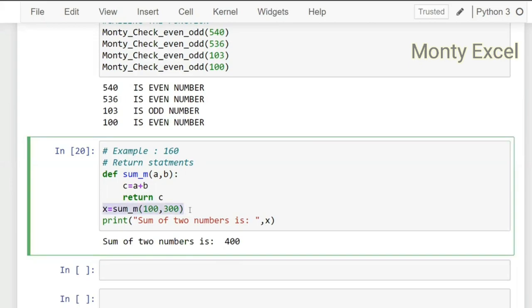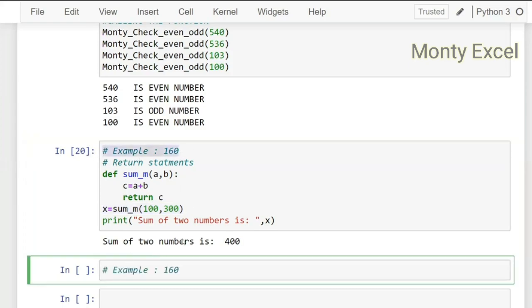So within the function, how to return the value, that is using the return command. Of course, print is always required, guys. If you want to print something, the output, then we need it. Okay, so we have seen how to use a function to return the value, which is quite optional. If you use it, it's fine. If you don't use it, it still holds good. Okay, now the same example you have seen in the beginning,